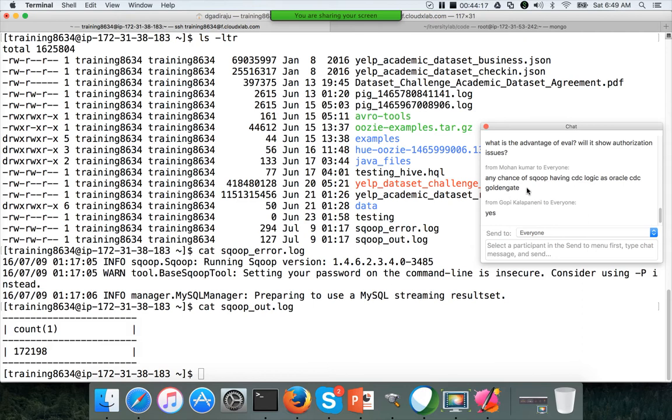GoldenGate has the capacity to read the redo logs of the database and write into either files or JMS queues. From there, you can use Hive queries or Flume or Kafka to get the streaming data from the JMS queues. So those are the things you should consider when you want to get data in real time. Okay, very good question.